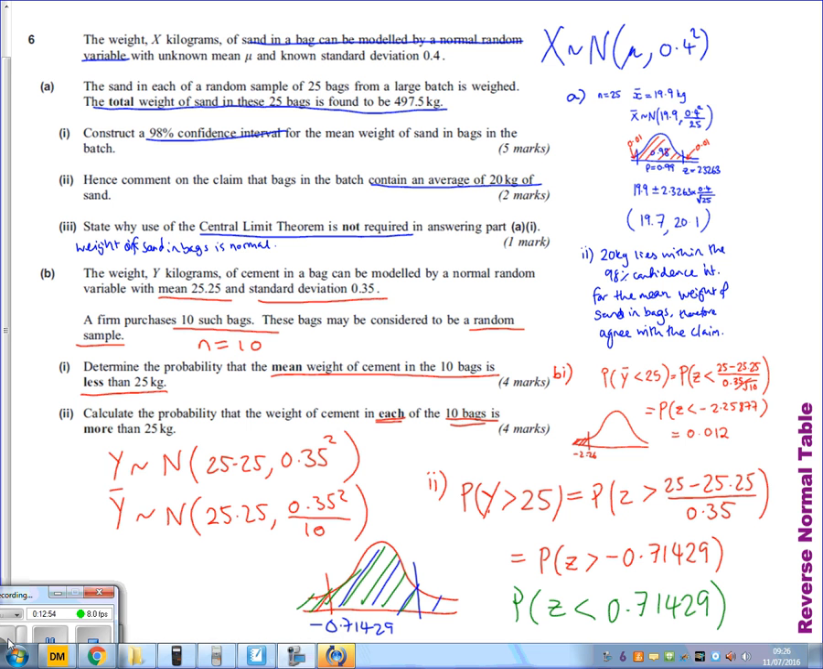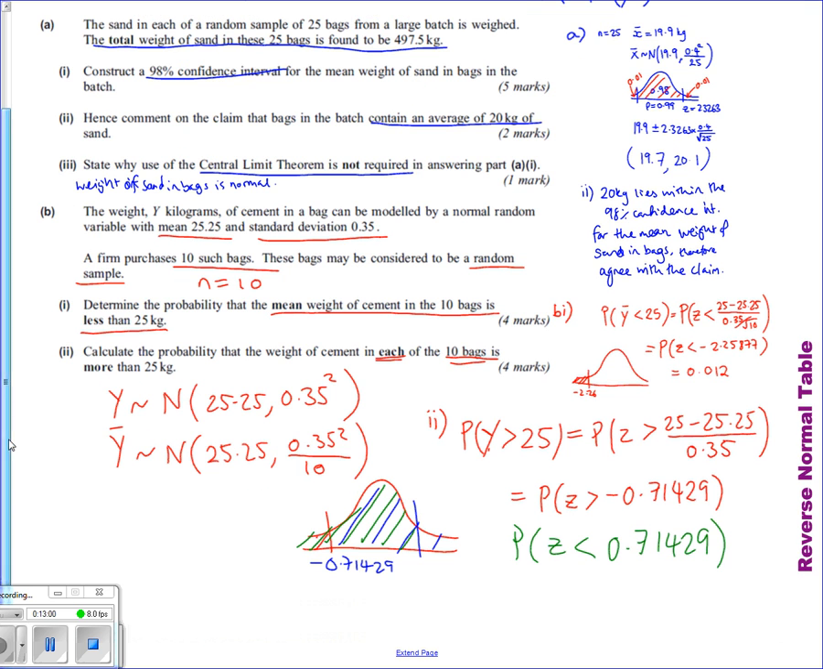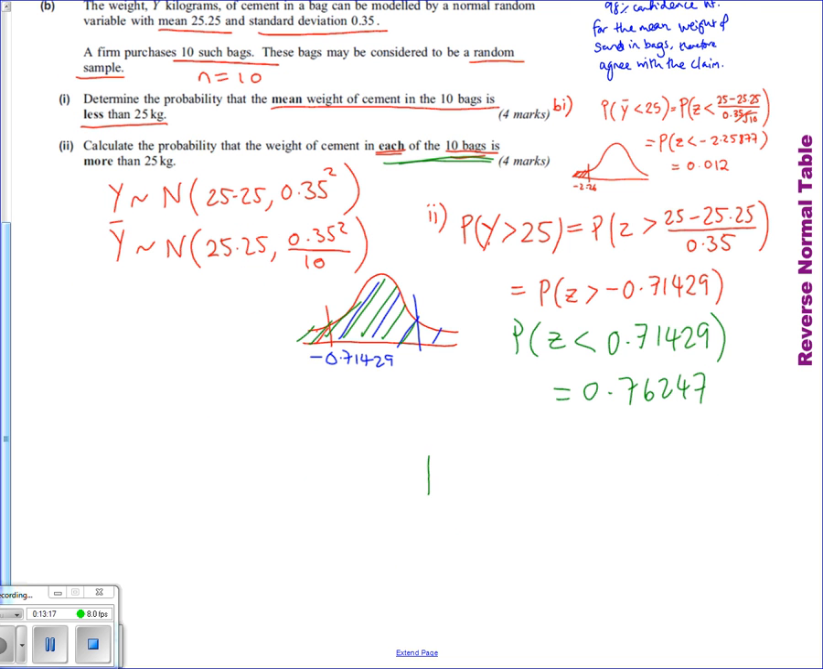So that probability is going to give me 0.76247. So that would be the probability for one bag. I want each of 10 bags, so I need to do that to the power. So probability is going to be equal to 0.76247 to the power of 10. So for 10 bags, the final answer, 0.06641. I'm going to give that to 3 significant figures, 0.0